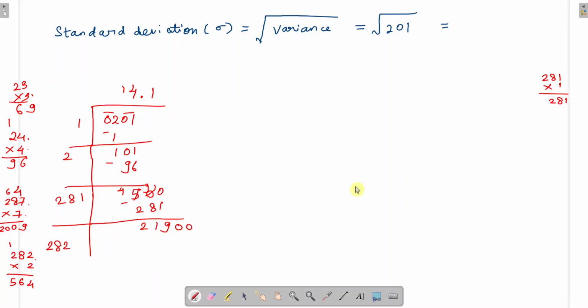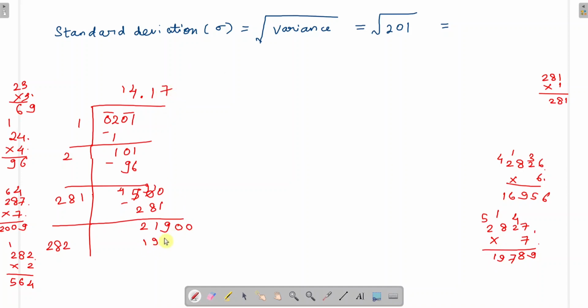So more 2 zeros we have to take. So 2827 times 7, let us see. 7 times 7 is 49. Then 7 times 2 is 14. 14 plus 4 is 18. 7 times 8 is 56 plus 1 is 57. And 7 times 2 is 14. 14 plus 5 is 19. Okay, so 7s are 1 9, 7 8 9. Okay,